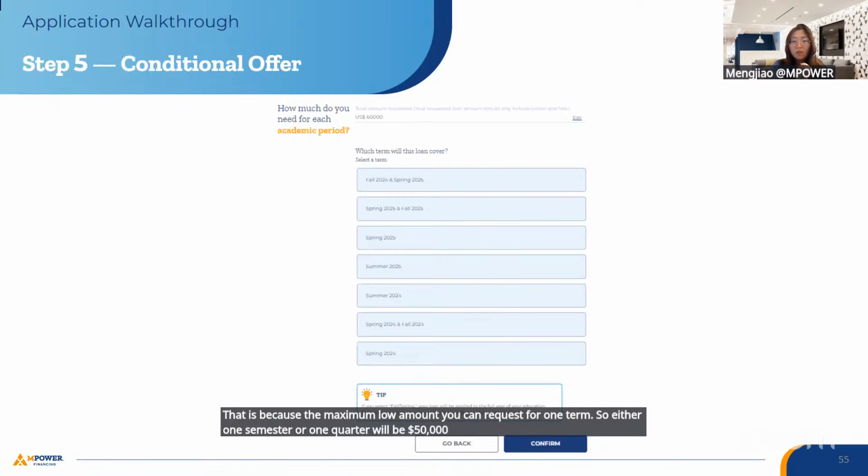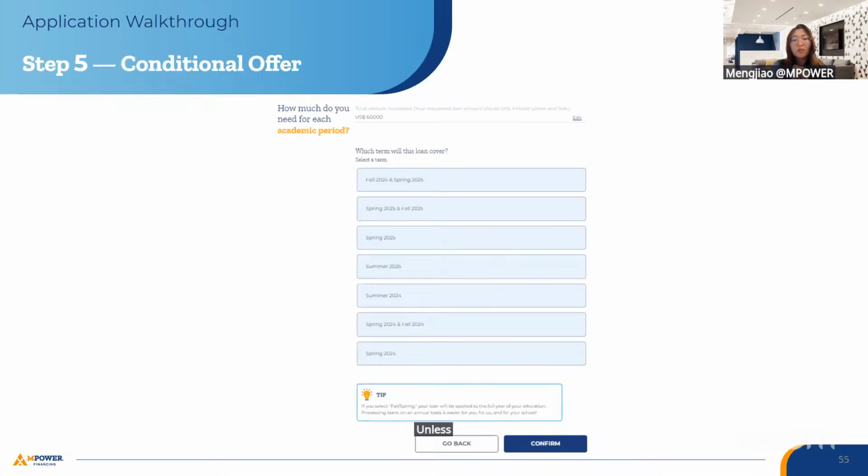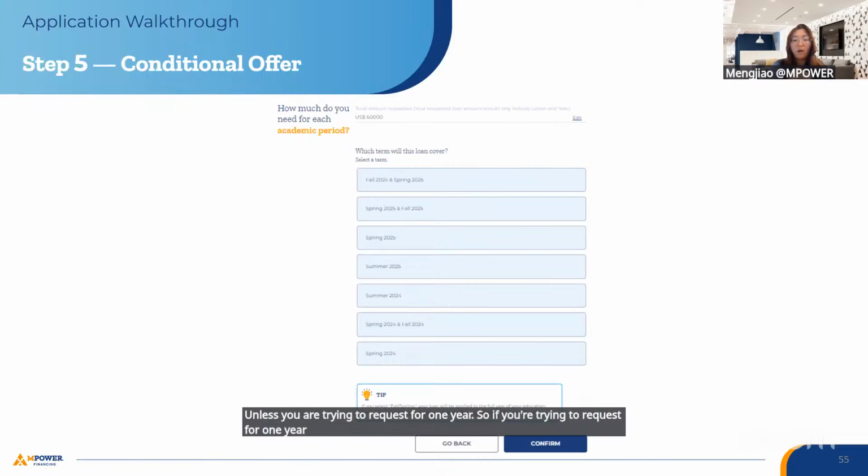So you cannot enter a number over $50,000 in this section, unless you are trying to request for one year. If you're trying to request for one year, it can be over $50,000.